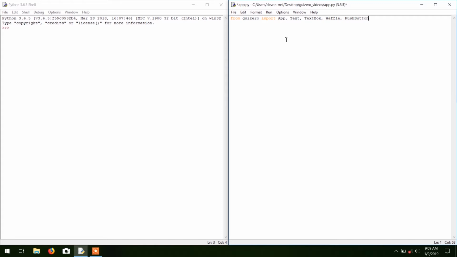The documentation online is really easy to follow, very, very easy to follow. So just look that up while you're programming. You have it on your other screen or side by side, and it gives you examples and everything like that. So what I did is from GUI 0 import and then an asterisk. What that means is just everything. So everything GUI 0 has to offer, I'm importing it with just that symbol,